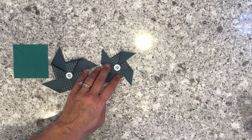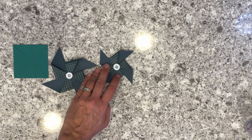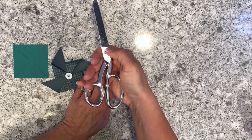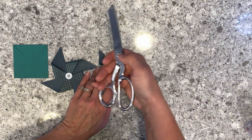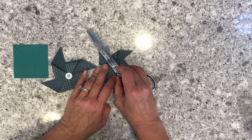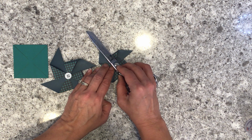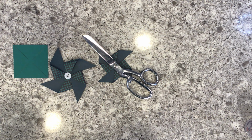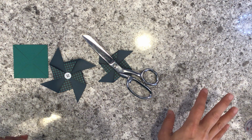And then what I do is I find something kind of heavy. I have these heavy duty scissors, and it actually has a little screw right there that holds right in the middle of the button. So these scissors are really heavy, and I just sit that right on the button and let it sit for 5 or 10 minutes or so. You can move it off of your